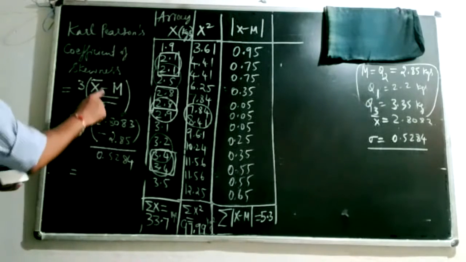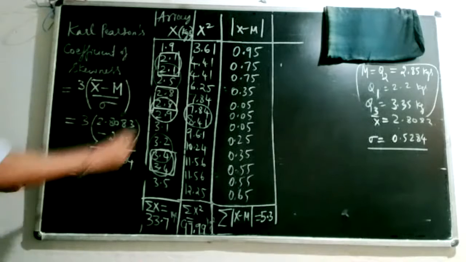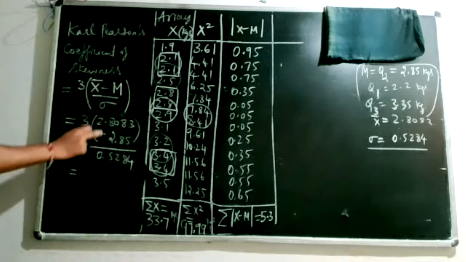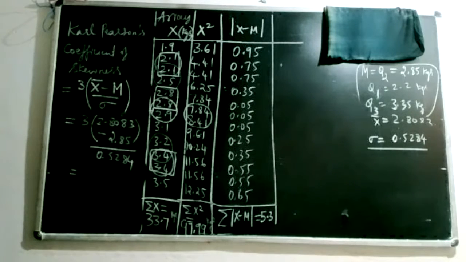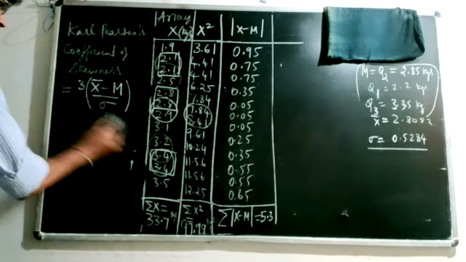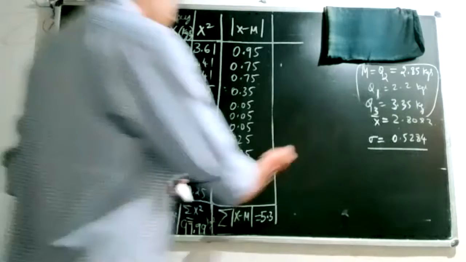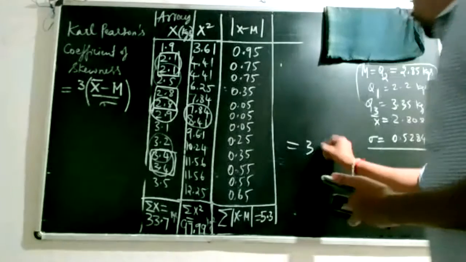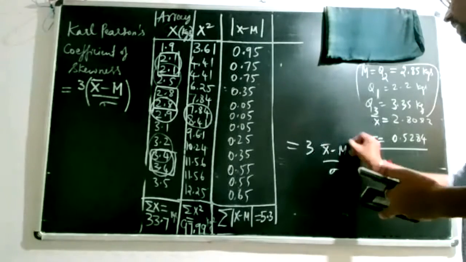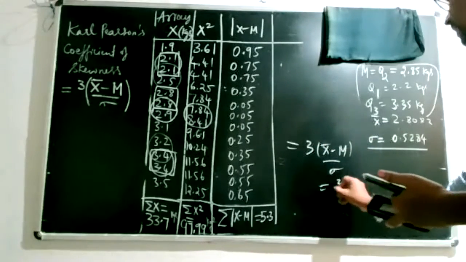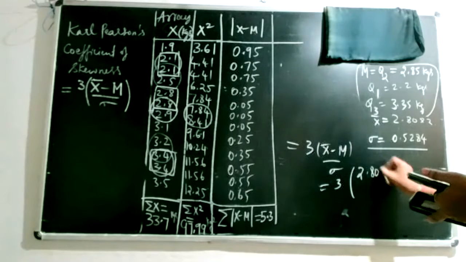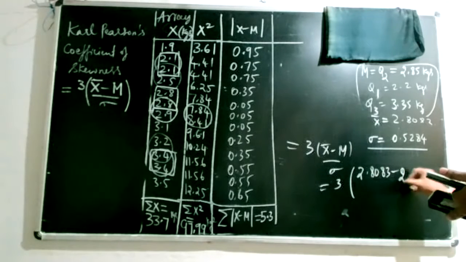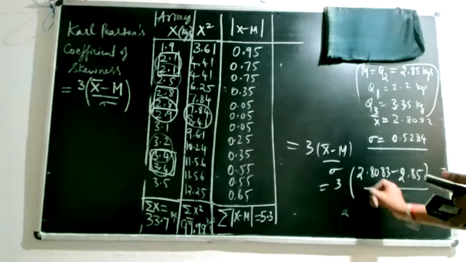So substitute them. You have x bar, m and sigma, and simplify. First do the subtraction, and then multiplication and division. 2.8083. That's your visibility problem. Here, 3 into x bar minus m by sigma. This becomes 3 into 2.8083 minus 2.85 divided by